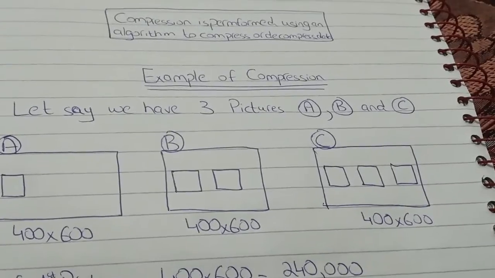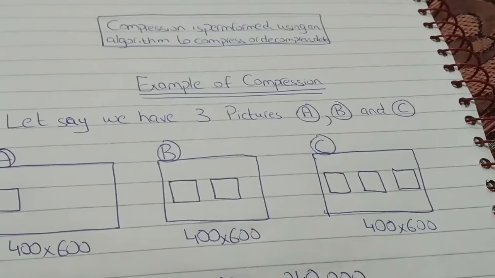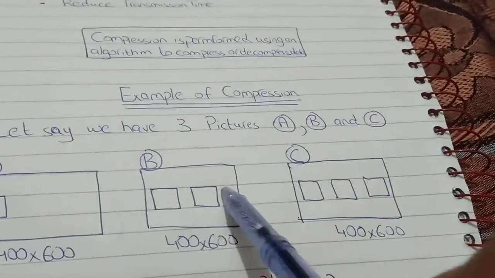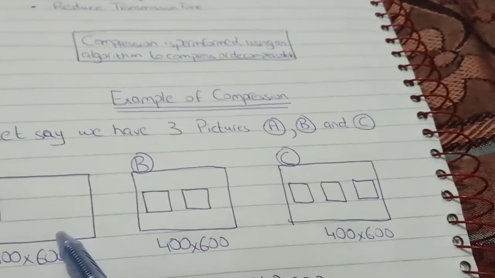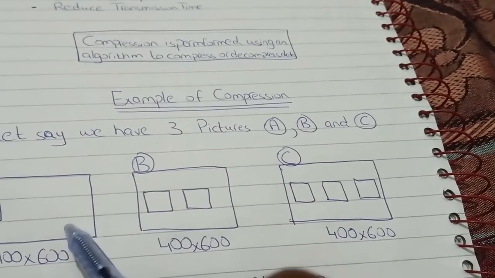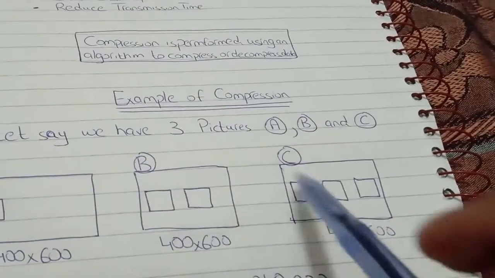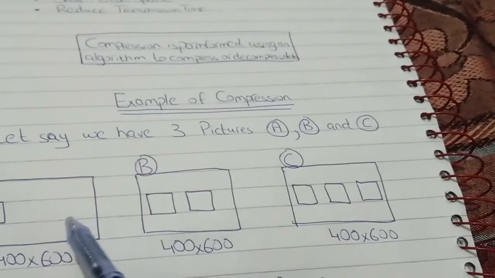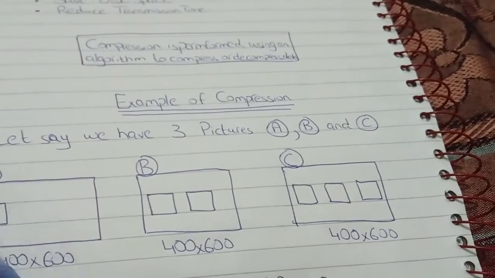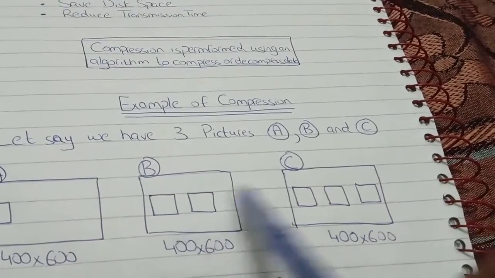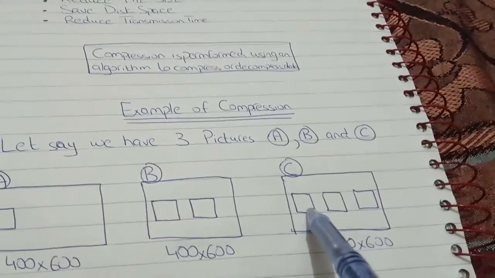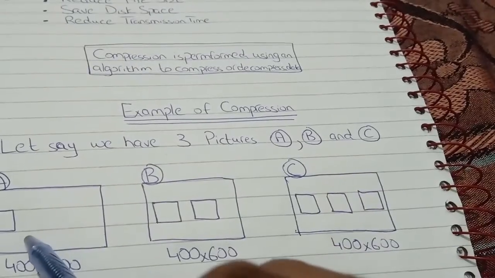Here we will start the compression technique. The compression technique compares all of these three pictures that are being transmitted on the same channel. Now this technique will identify the differences between all of these three pictures. We get to know that picture A has a single square inside, whereas picture B has two of them and picture C has three of them. So if we suppose that